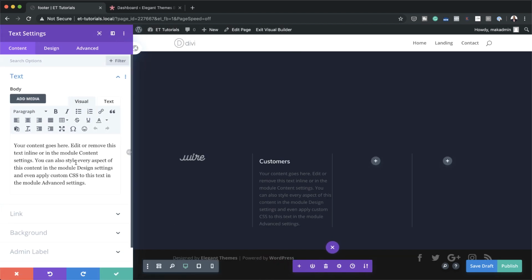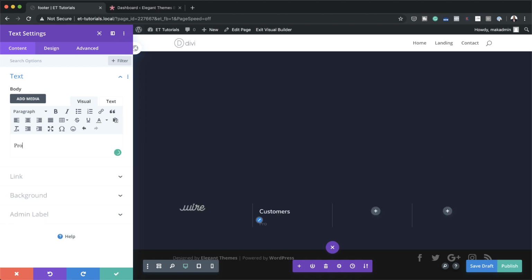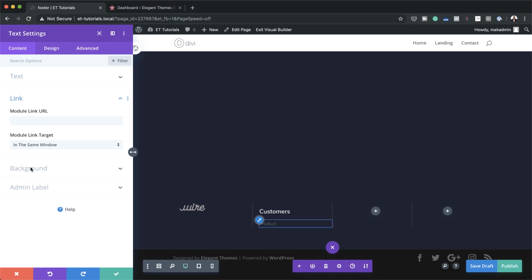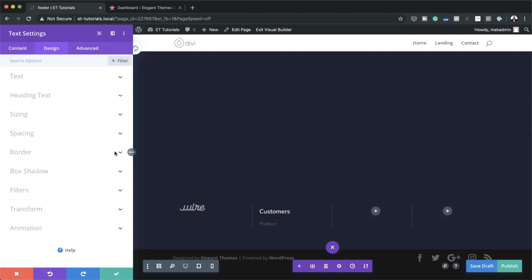Now, these are the links that you can add to your footer. So my first one here, I'm just going to call this link product, and make sure if you want this to link to a specific page, you want to click here on link and add your link to the page. In this example, I'm just going to add a blank link, and then let's customize this text by coming over here to design,